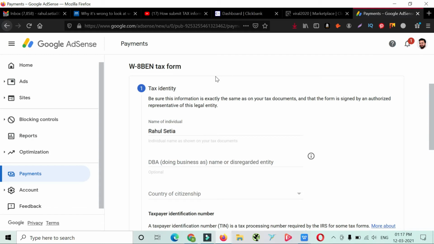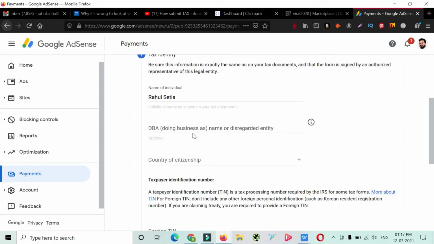Okay. When you click on the next button, you will see the W8 BEN tax form, and my name is already there, and now I have to select doing business as a name. Now I am going to tell what kind of business entity name I have.